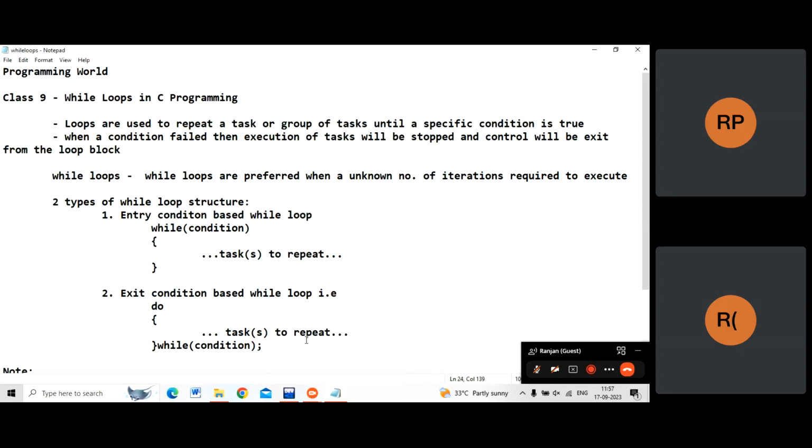So in this way, I would like to post one more video that's about what the loop programming element is